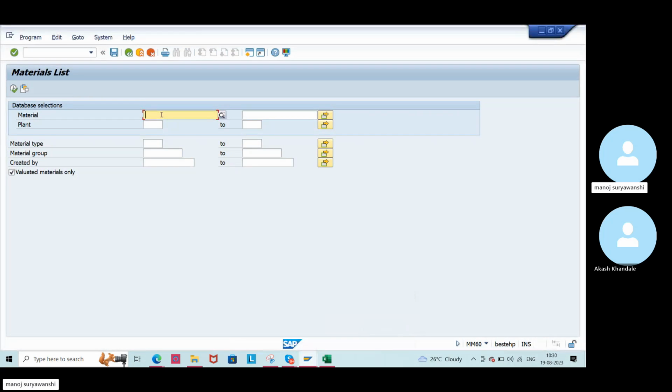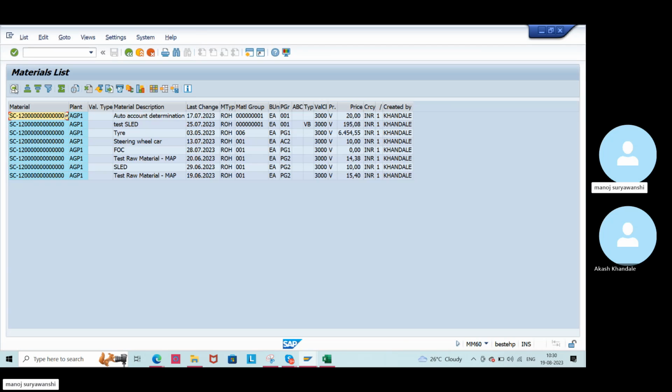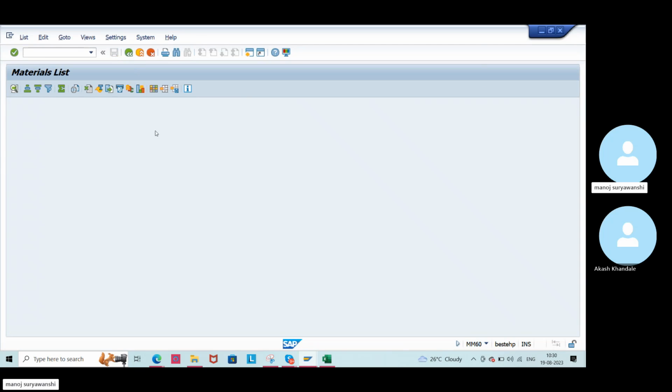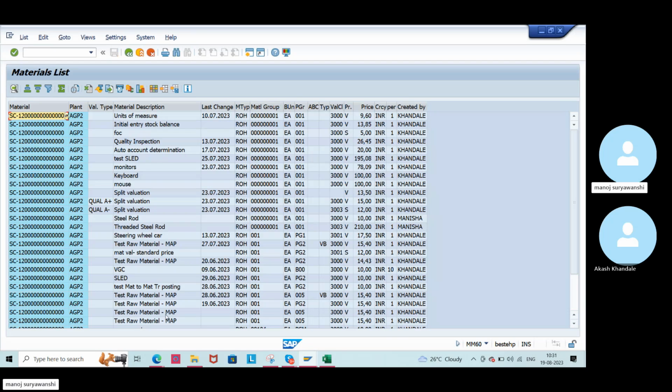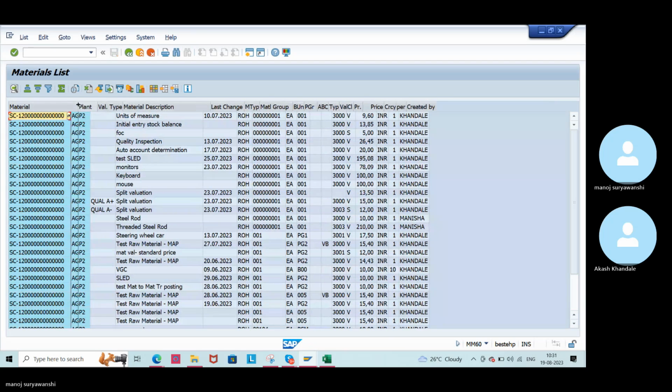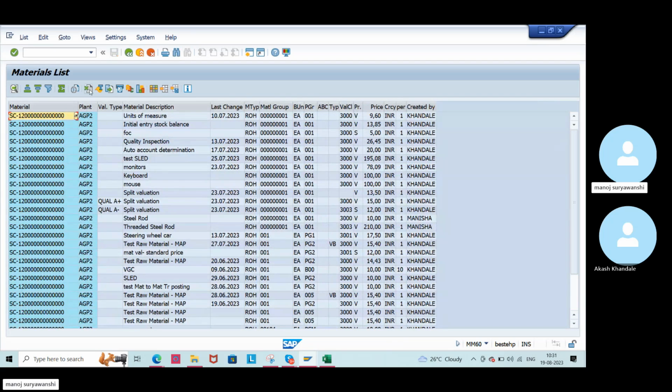Before I go to MM17, let us get some materials. GP1 and material type, suppose, execute it. So you see here, how many materials are there? 3, 6, 8. Let me check in AGP2. Here I have sufficient materials. So if I download this Excel sheet,